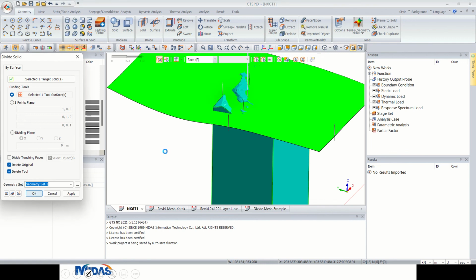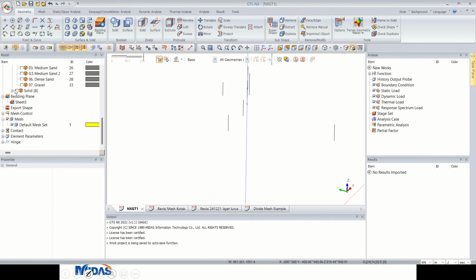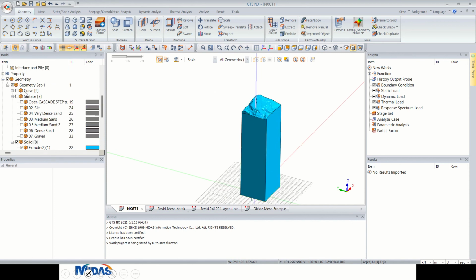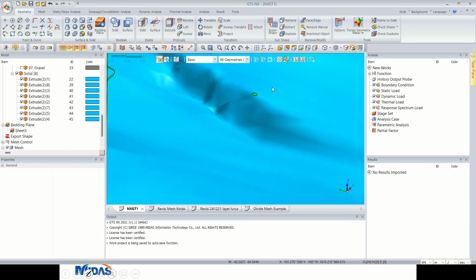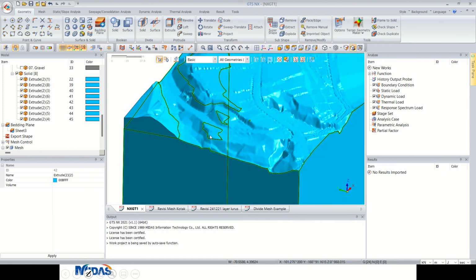Now I would like to tell you the problems, why in certain cases I don't use this method anymore, and why I will introduce to you later a new feature called divide mesh. Let us take a look at the geometry after we cut. If you remember, we only had one solid. Now we have 8, because sometimes the way we cut the solid surface introduces a very small geometry like this. If I turn that on, we have a very thin layer, very small, insignificant,